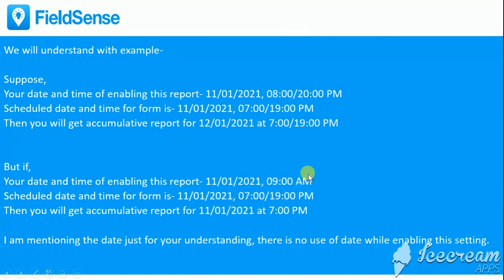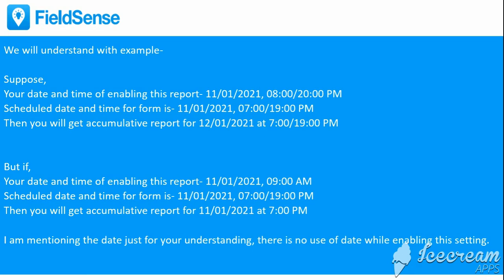At 9 AM you have enabled this setting for 7 PM, so you will start getting the report from the same day. I'm mentioning the date just for your understanding. There is no use of date while enabling this setting.